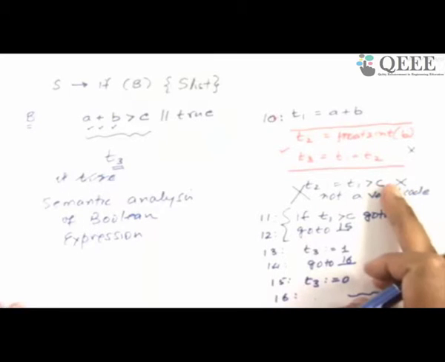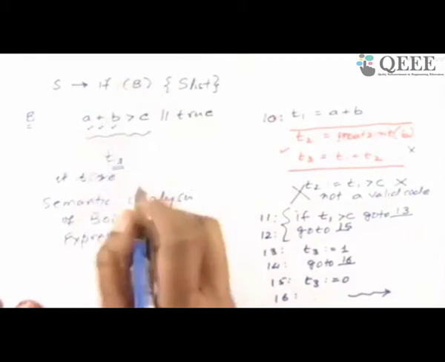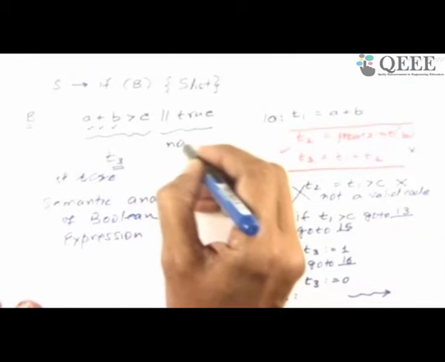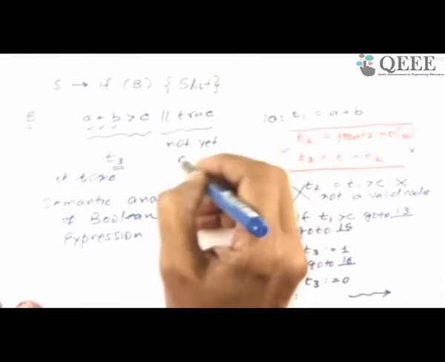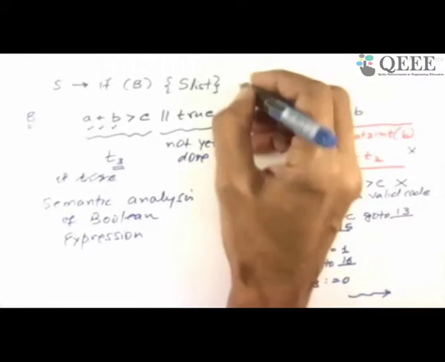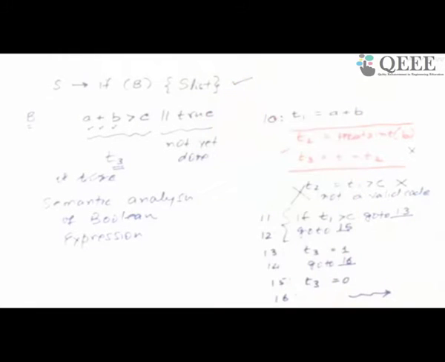So this code will have to be taken care of when B is processed, and B can be long. I have not even processed this one, not yet done. When I complete that, it will be an even bigger code. So now we're getting the idea that if I have to do semantic analysis of this simple statement, which has two components, a Boolean non-terminal B to handle Boolean expressions, and a list of statements which could be anything in C, I need to do the following.